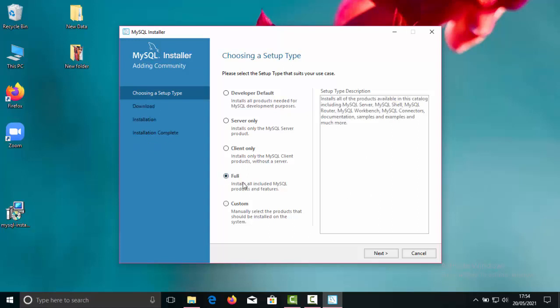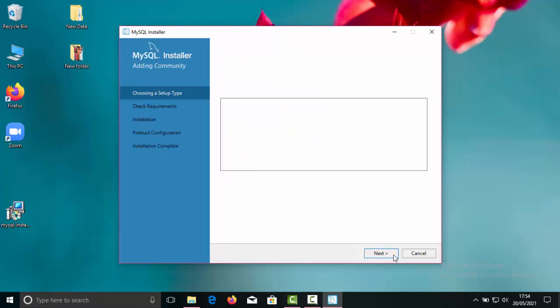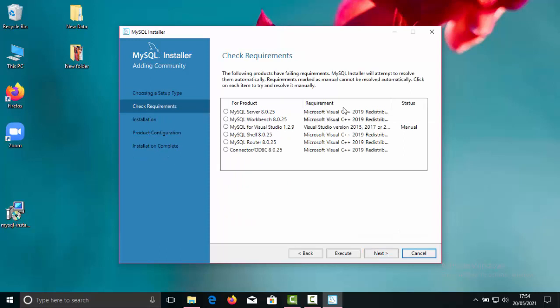So here you have to select the full option because we want all the things, that is server, shell, router and workbench, to get installed. So just click on this next so that this screen will come. Here we are supposed to check the requirements. Okay, so we have to execute all the commands.